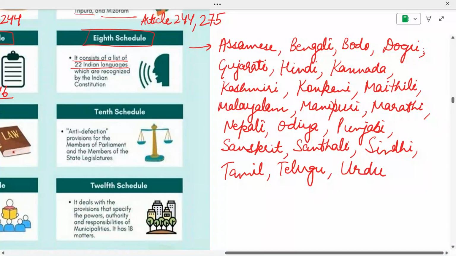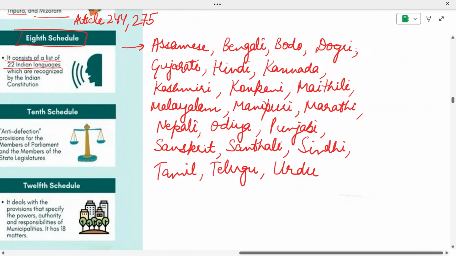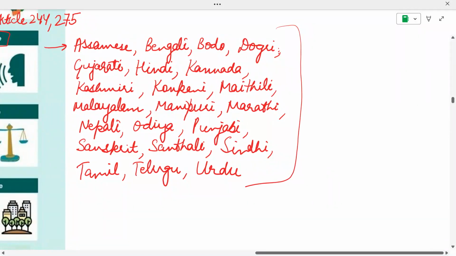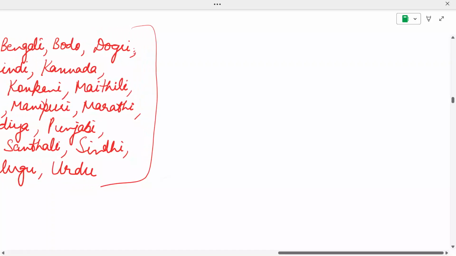So remember that English is not included in the list of the scheduled languages of India. So there are these 22 scheduled languages which are recognized by the Constitution of India. Now, not all of these were included at the first time. So, for example, Sindhi,